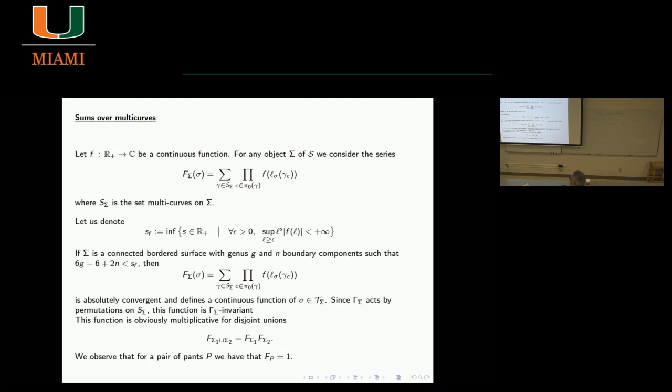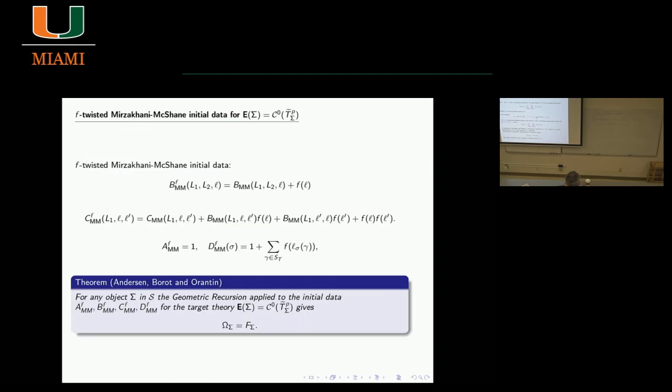We can do these sums over multicurves. I just defined the function this way here. I told you about this function in the beginning. And then what happens is that if you take the initial data of Mirzakhani-McShane and you just F-twist them in the following very nice way,